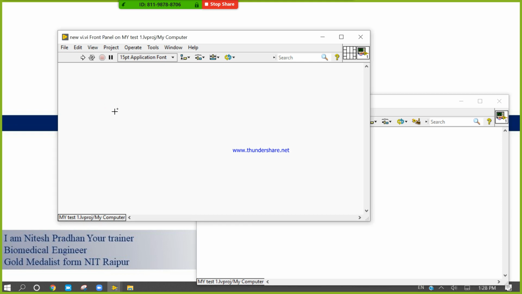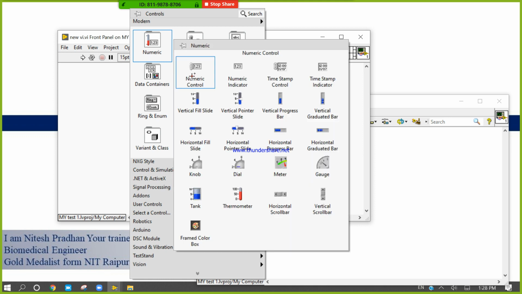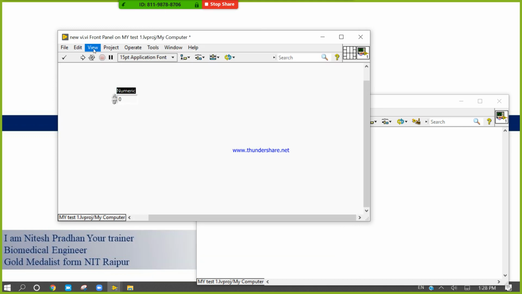So the front panel, you can create by using control and indicator objects.